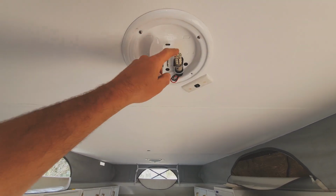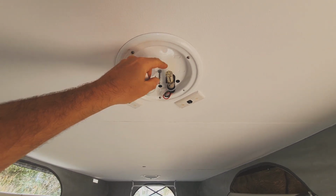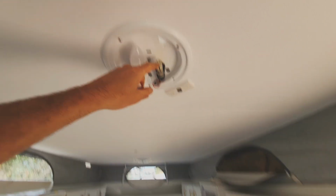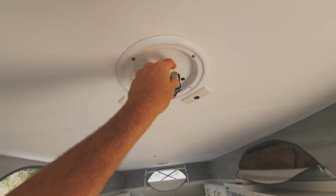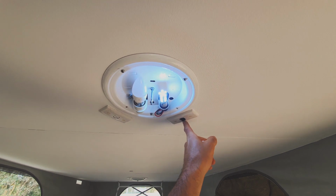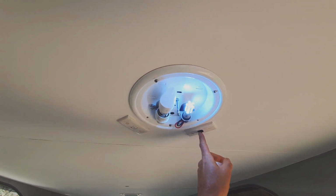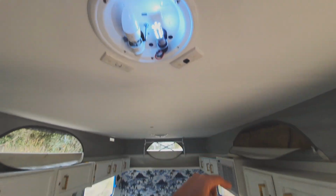Someone had put 240 volt bulbs in the 12 volt section, so they weren't working obviously. And this one was lying around underneath the floor, so I put that in to test it, and that works, but it's really blue. It's like a blue white. It's a cool white. Yeah, super cool light, and it looks pretty crap in here,